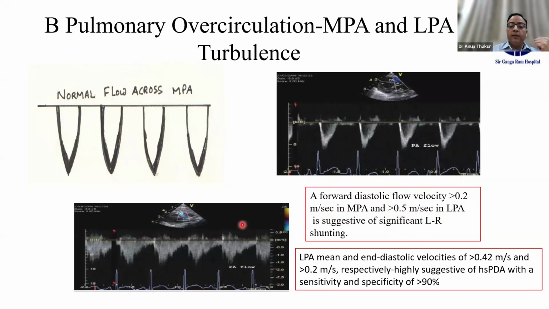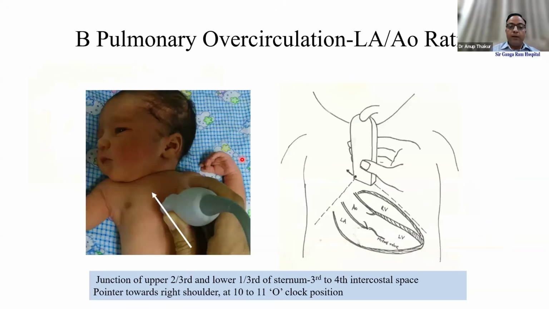and it could be because of a significant shunt. There are again cutoffs for mean velocity and end diastolic velocity of LPA as well. And the specificity and sensitivity is close to 90% to diagnose an hsPDA. So you will find signs of pulmonary overcirculation in the MPA and the LPA. Now, another sign of pulmonary overcirculation is that blood returns to the left atrium, and we measure something called